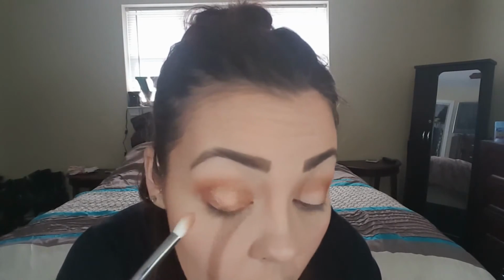Let me know. Maybe I've been interpreting the videos incorrectly that I've been watching, because I thought that this was an all over the lid brush, and albeit it's doing a damn good job and it's so soft, but I feel like maybe this would be better for like blending out